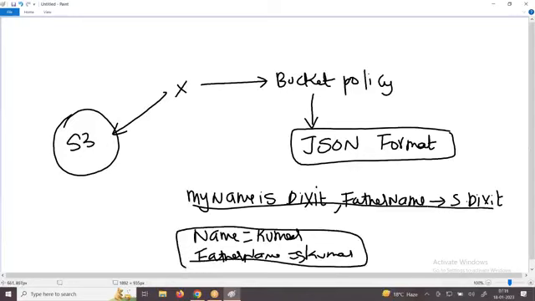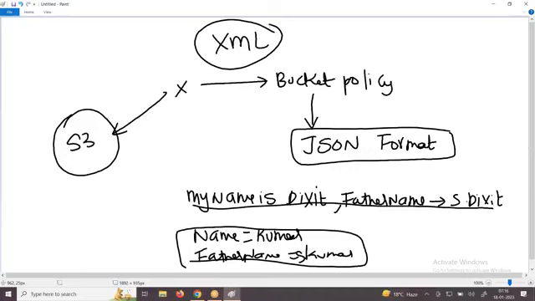Now let's take an example. There are 60 people in the class. I ask, please provide your father name, mother name, and your name. 60 people will give me a paper with different formats. Yes or no? I don't want that. Let us make one universal format. So people in the early days came up with a format called XML.